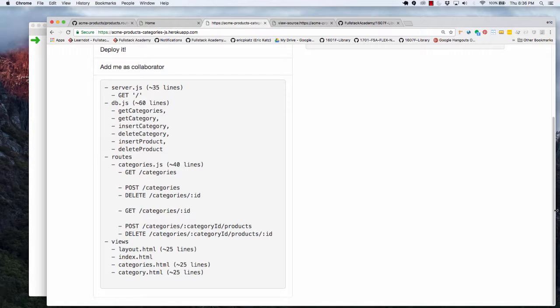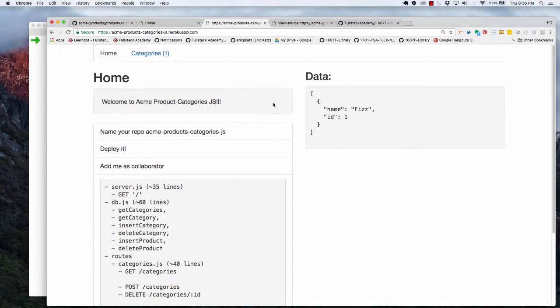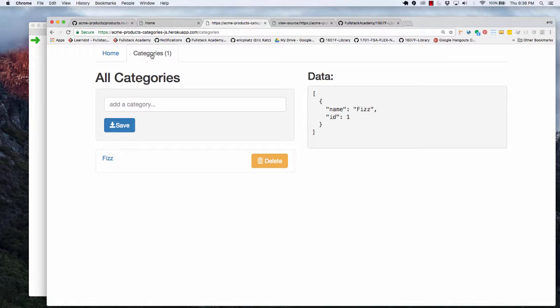Right. Can you go up? When you click on home or categories, you're changing the class there to active. Yeah. What's the best way to do that while keeping that templated? I'll show you how I did it. I mean, there's any number of ways to do it, but